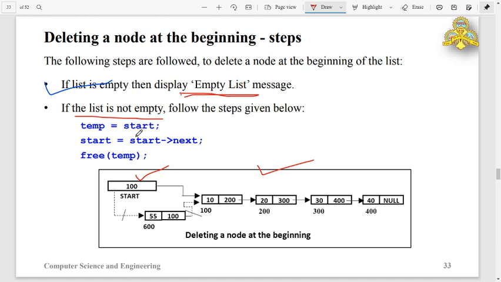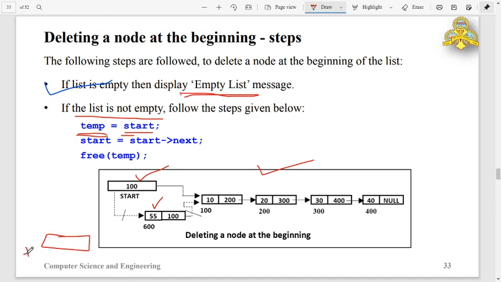If that is the case, then store the address of the first node in the temp pointer variable. So this is node 1. At one instance it has two pointers pointing to it.